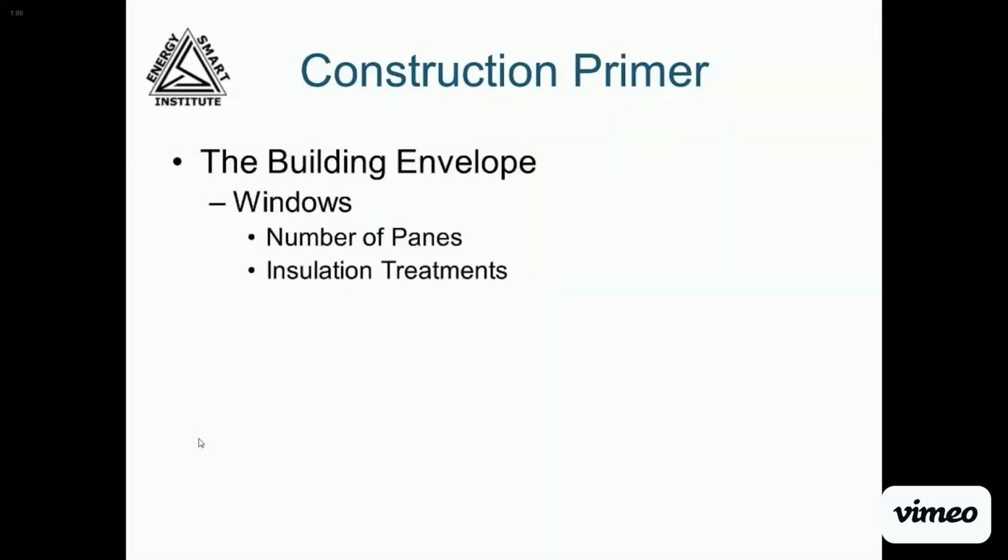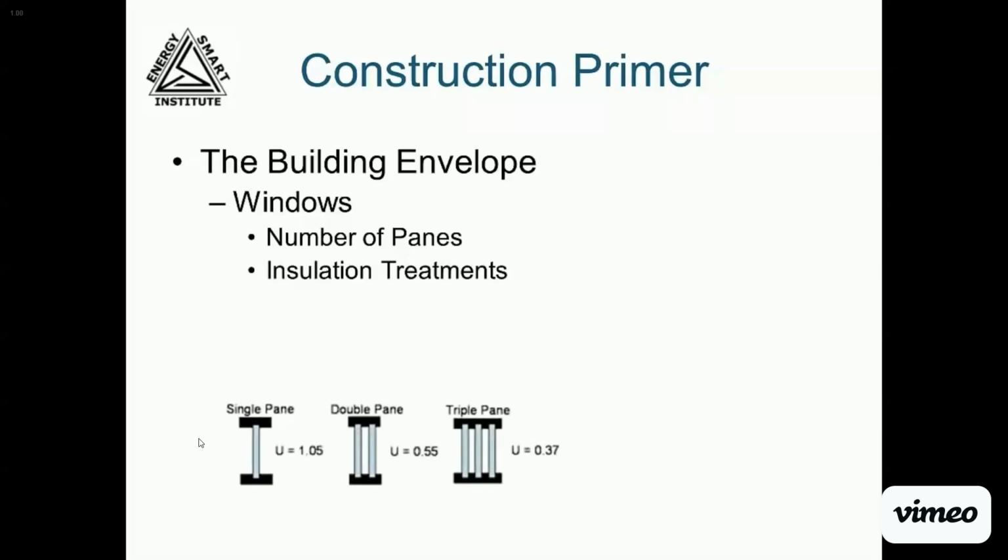The style and weather strip and rough opening treatment are responsible for part of the energy efficiency of windows, but there's much more to consider. Windows have an R value roughly equal to R1 per pane of glass. A single pane window would be an R1, a double pane is R2, and a triple pane window would be R3. It's not exactly a linear progression like that, as you can tell from the U values that are shown,